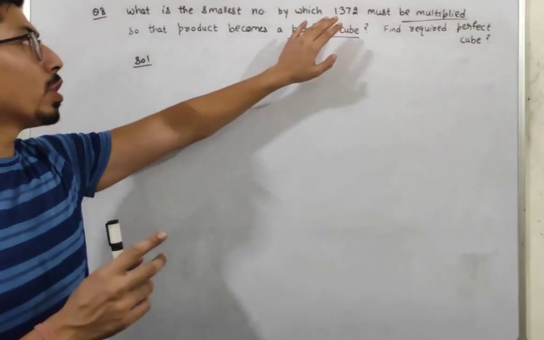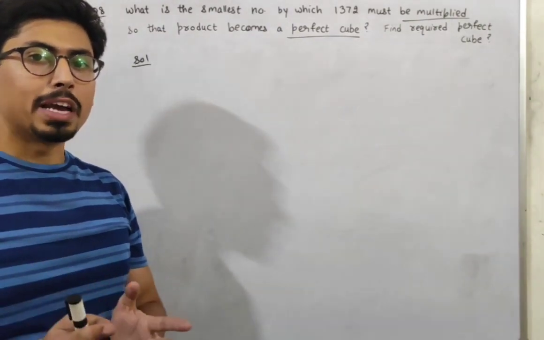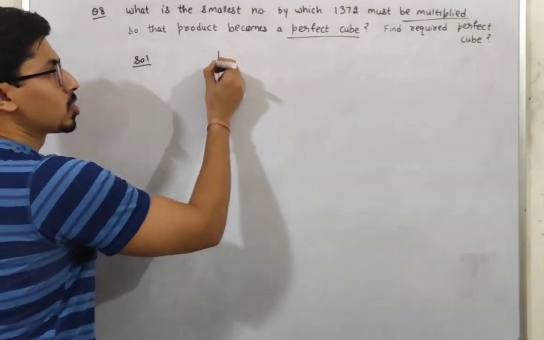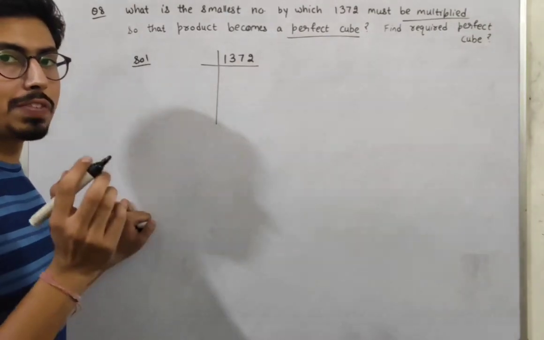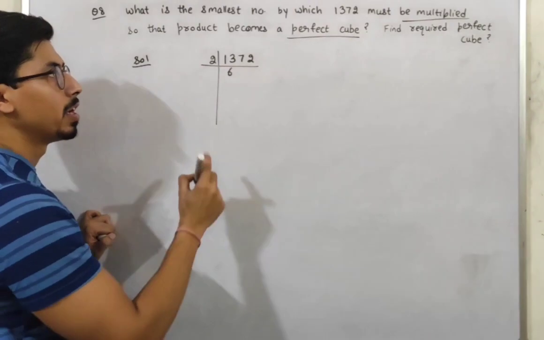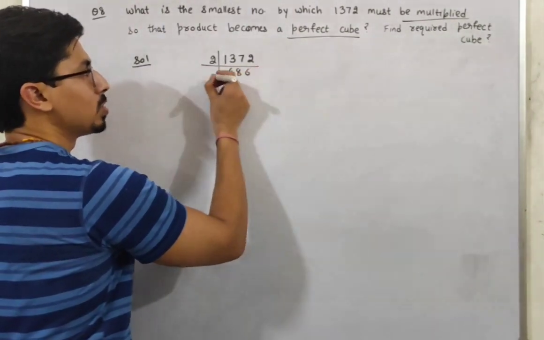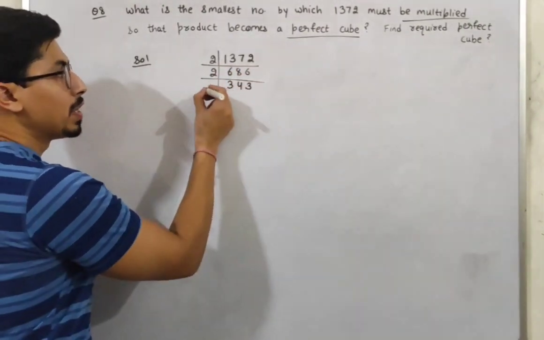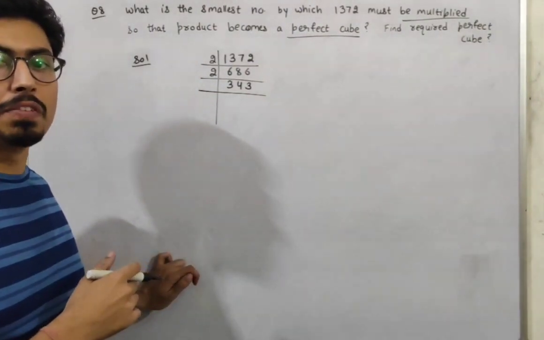Okay, so what we are going to do is we just take this number 1372 and split this number using the prime factorization method. Okay, so first of all, I just split this number 1372. See, 1372 is divided by 2 students. So first of all take 2. So 2 6 are 12. Remainder is 1. 17, 2 8 are 16. Remainder is 1 again. 2 6 are. Now take 2 again. So it will be 343. We know that 7 cube is 343 students, as we have discussed earlier in our previous questions.